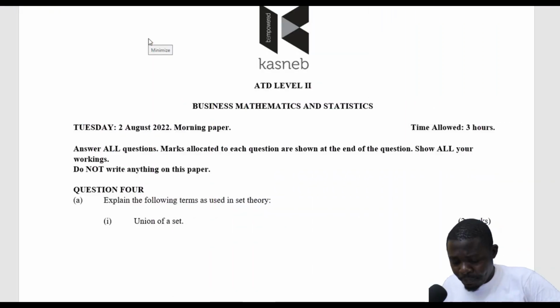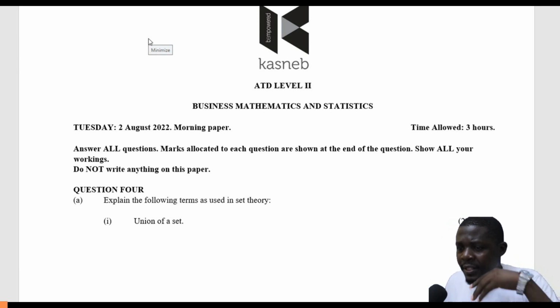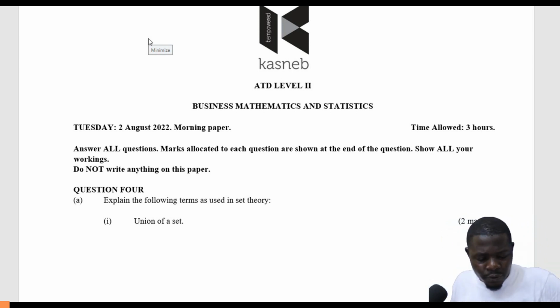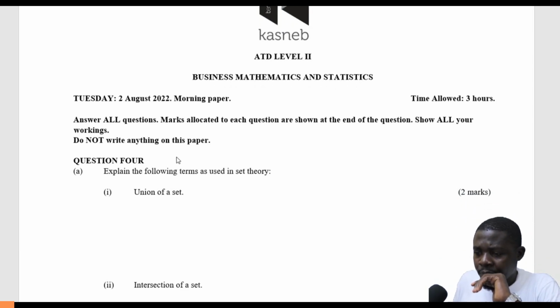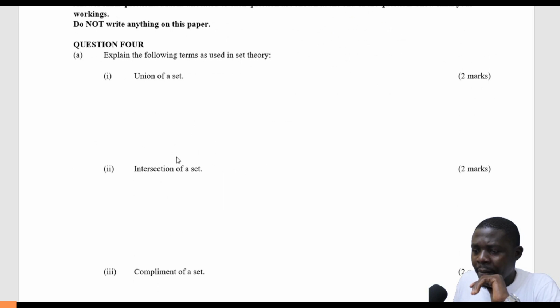Question number 4. In the same year, August 2022, the question reads: explain the following terms used in set theory: union of a set, intersection of a set, complement of a set. That is for part A, and part B has some definitions that we need to write as such. Now, what is a union of a set